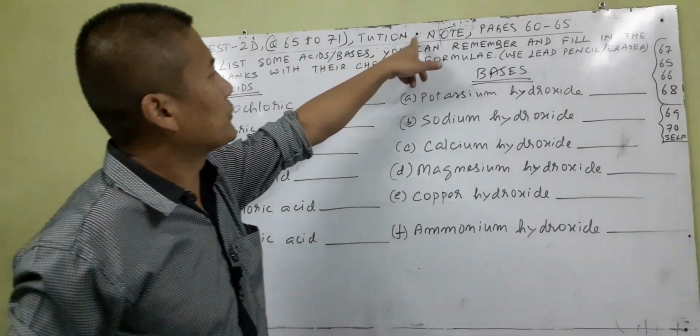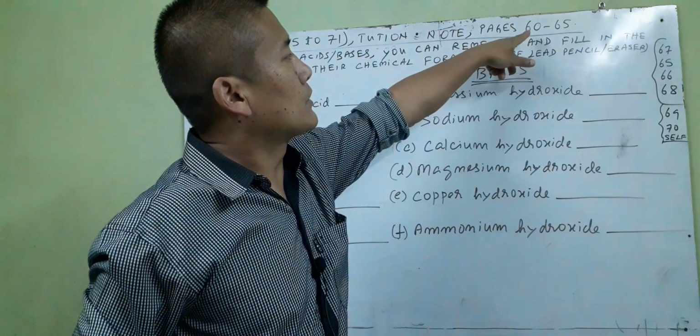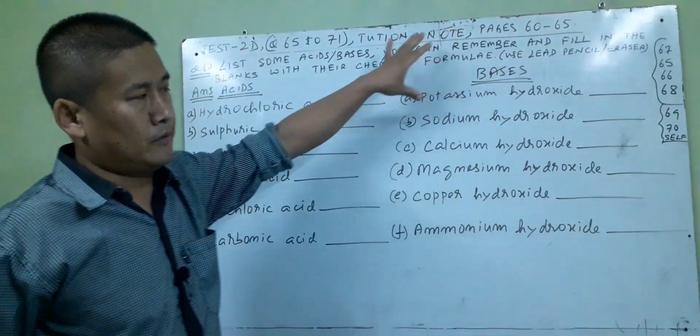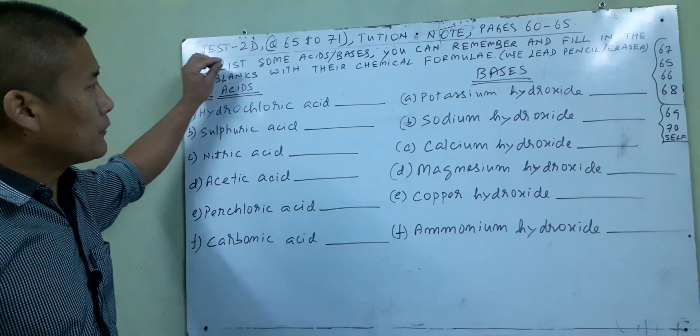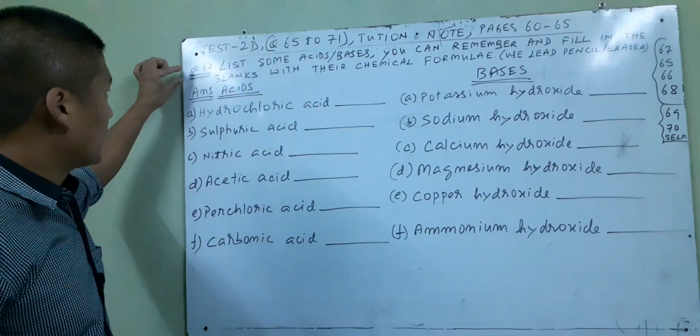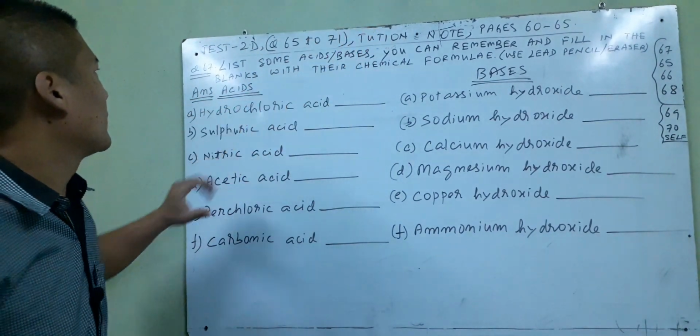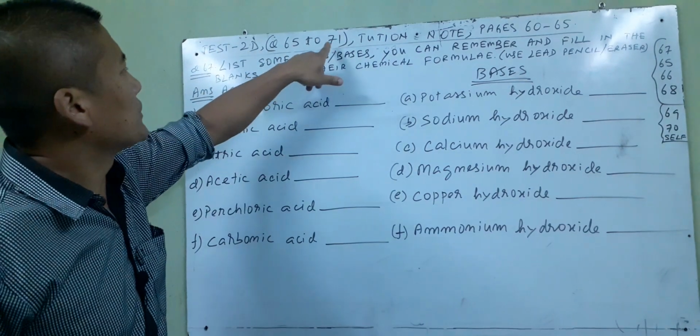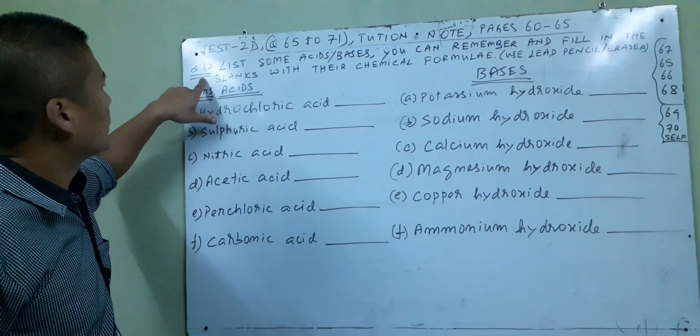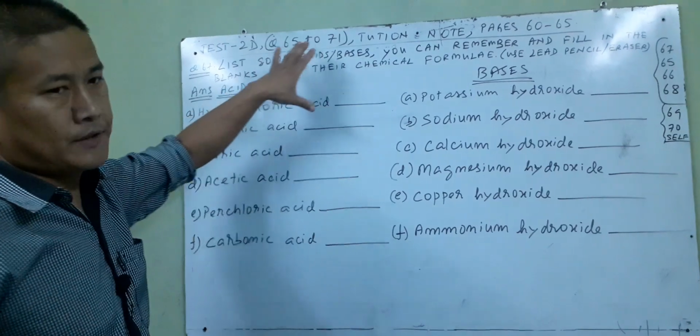You'll find this on your tuition note, pages 60 to 65, the tuition note that you have with you. And if you don't have the tuition note, you follow what I'm going to say as we go on. First question we'll do is question 67 on the tuition note, which is list some acids or bases